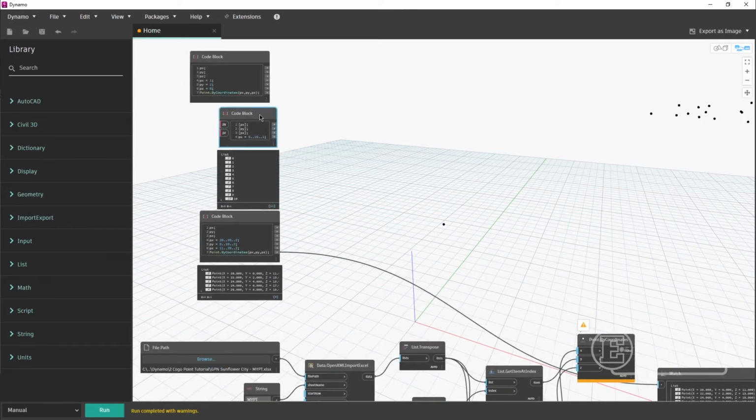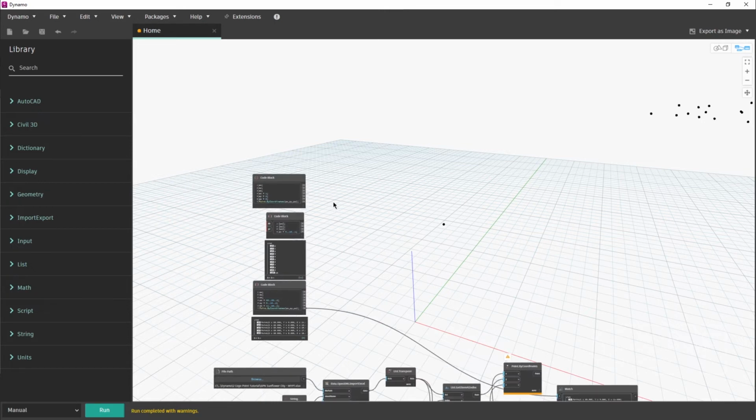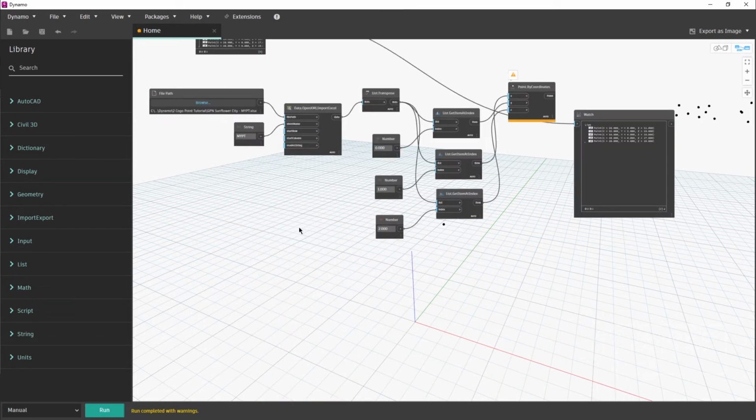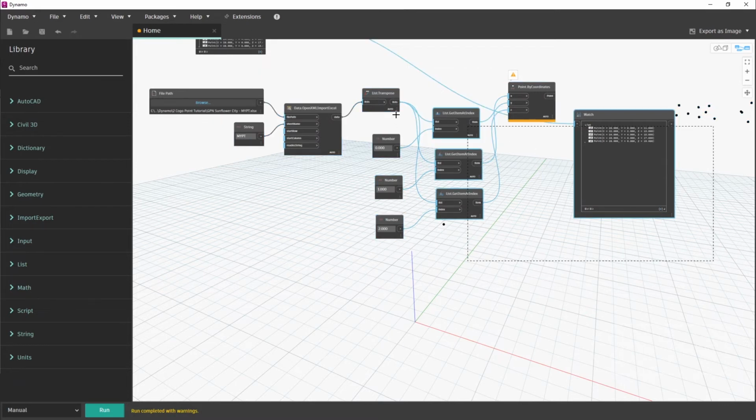For better result, let's fix it a little bit. Okay, so the way to importing the Excel points using code block, we should define everything, all of this previous node. Let's say this is our nodes. Wait a minute, let's take a group